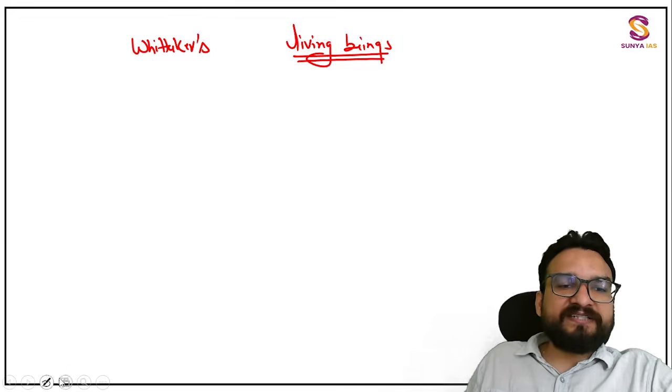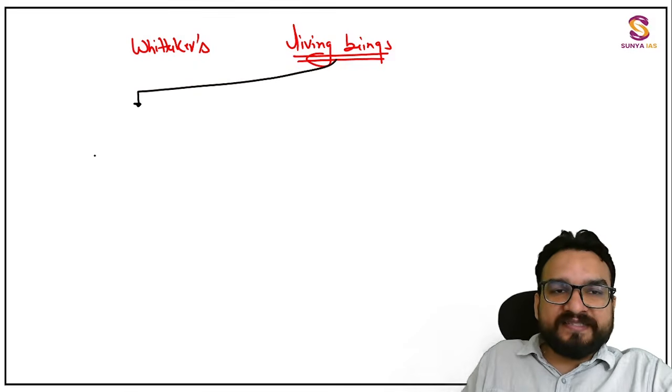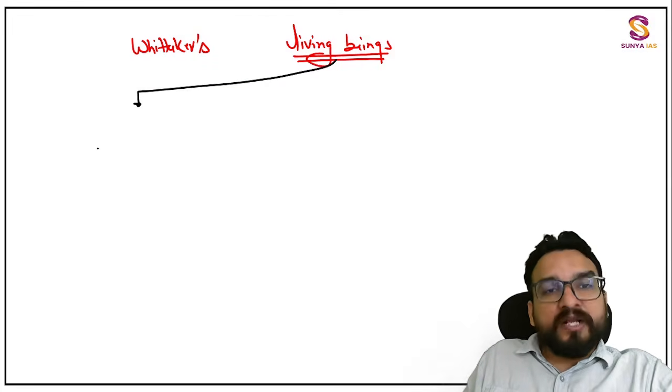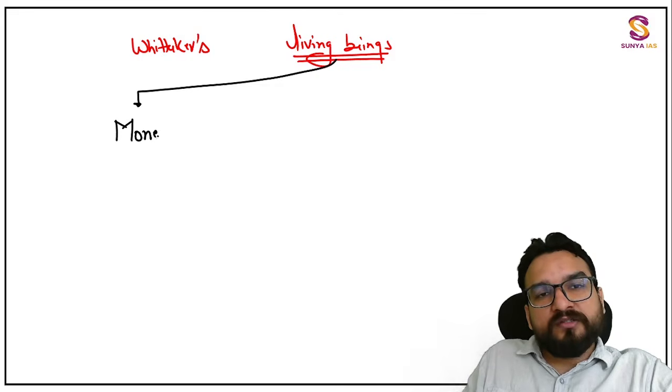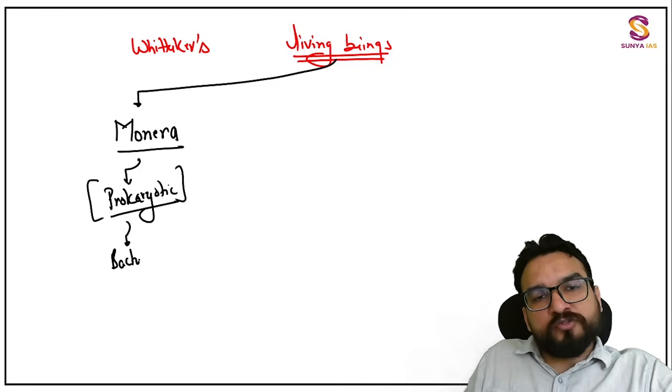And how he has classified, let me tell you. He has classified that there are certain cells which are prokaryotic, which do not have any membrane, which do not have any organelles. So he termed this particular kingdom as Monera. So what will a Monera kingdom be having? All the prokaryotic organisms. Right? And the examples I'll be showing in the PPT also, bacteria, PPLO you can take.